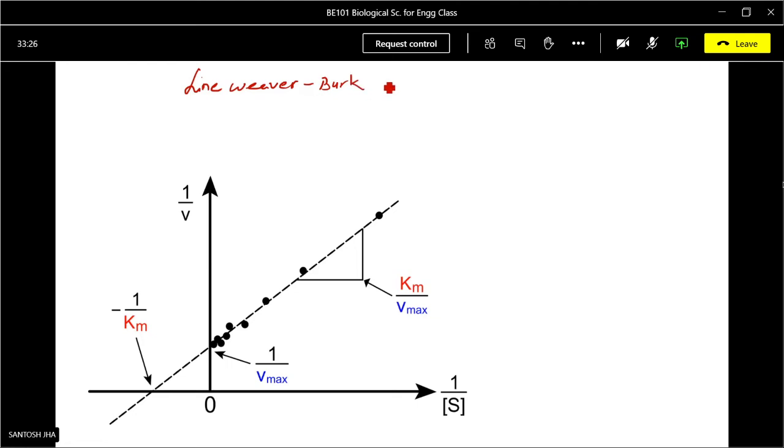Lineweaver-Burk plot. This is nothing but the linear form of the Michaelis-Menten equation. Suppose we write the Michaelis-Menten equation like this,